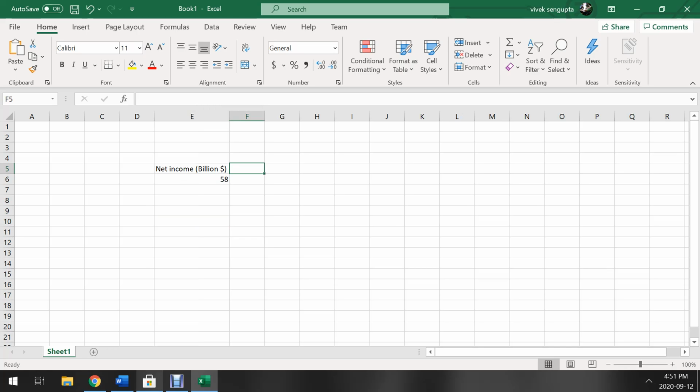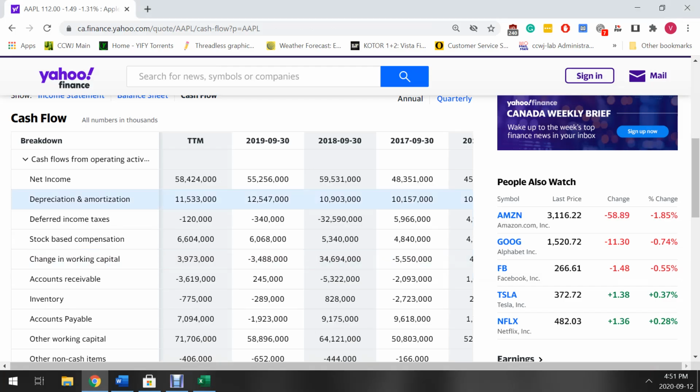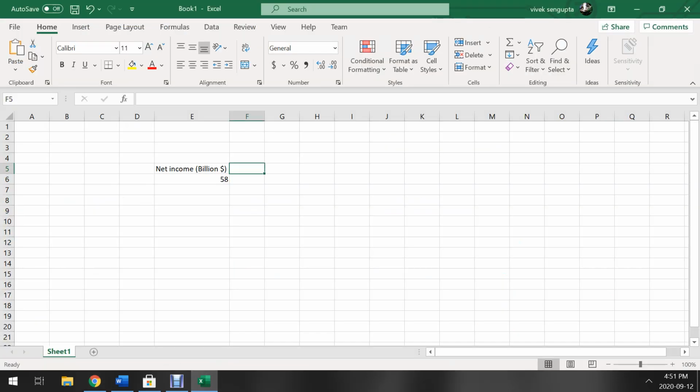Then what you will see if you go back to the screen is this amount, depreciation and amortization. That's basically the plants and everything else that Apple has getting depreciated over time, but that has some value, right? There is some real estate value there, and if you own the whole company, you own the buildings too. So let's say approximately it's 11 billion,